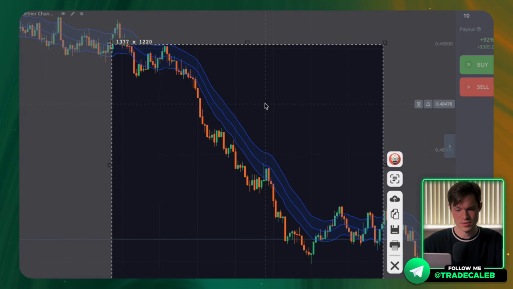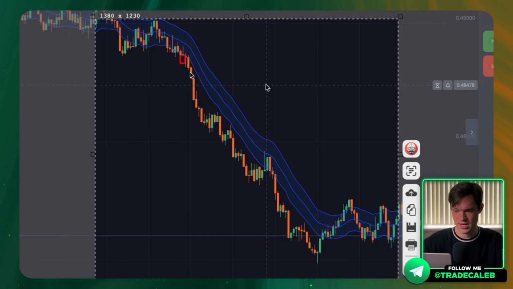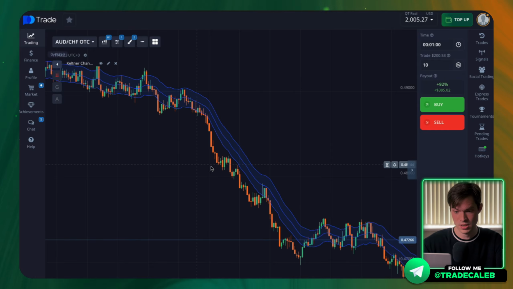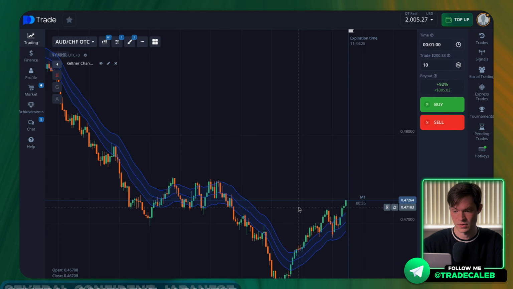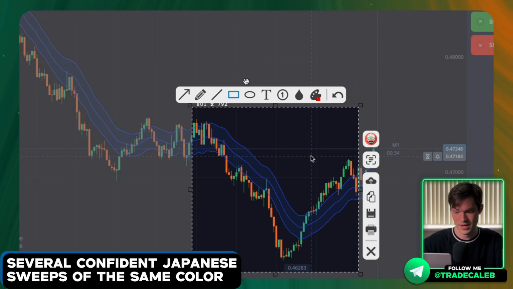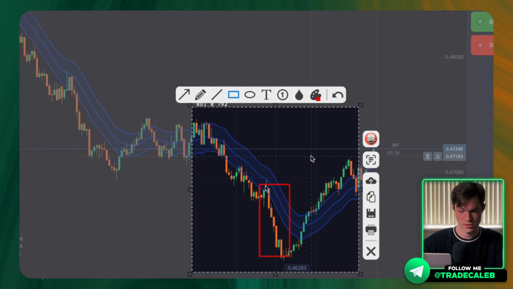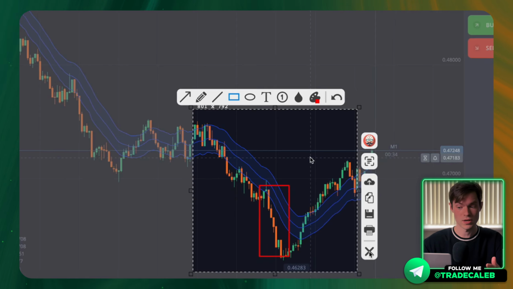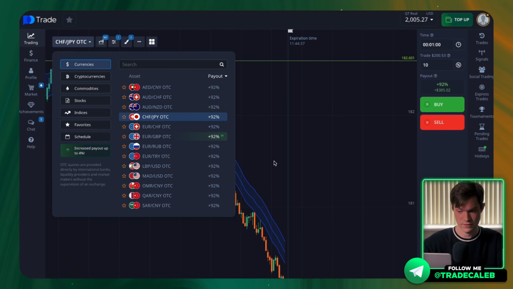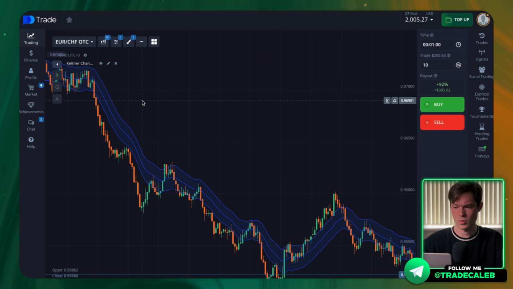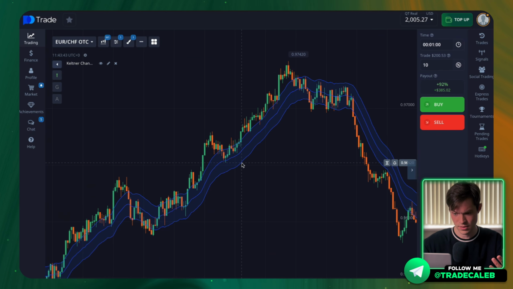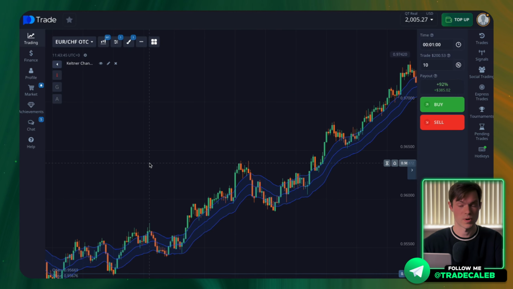We will trade this trend exit from this indicator. I'm talking about this zone. If you look at the chart, we can also find several similar patterns which are accompanied by several confident Japanese candles of the same color. We can also switch to any other chart and find the same thing here. Let's say also on a falling trend, there are the same situations on a rising trend. Now we're going to learn how to get into this situation at the very beginning in order to maximize profits